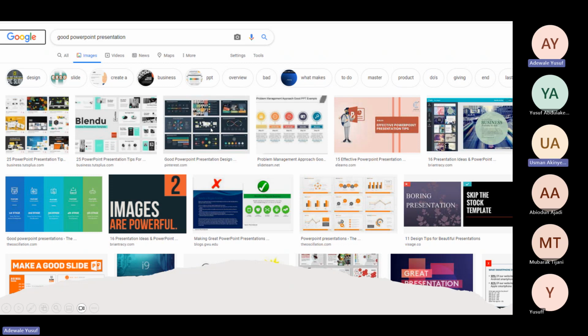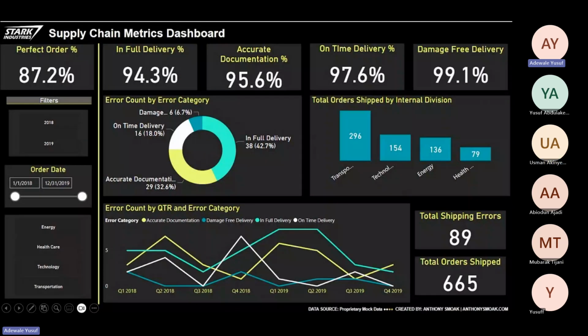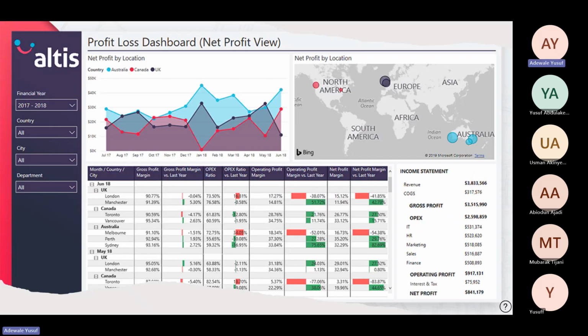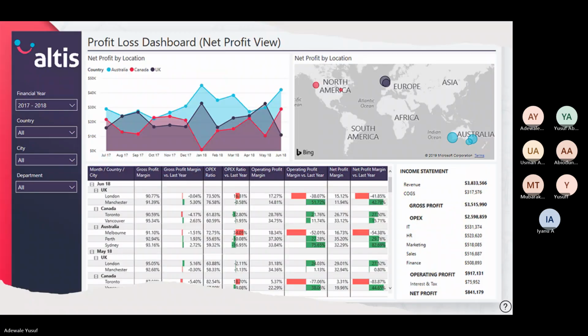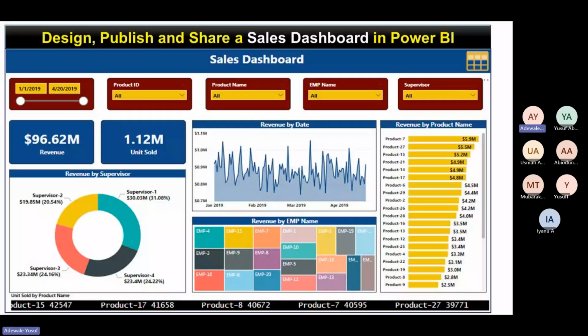And if you look at this dashboard that I'm showing here as well, this is a dashboard created by a company called Stack Industry. I got this from Google. So I'm sure when you see this dashboard, and this one, the one I'm showing now, and probably this one, can somebody type in the chat what you think is the difference between those three? So the three dashboards that I show you now, do you think there's any similarity between these three? Do you think there's any similarity?